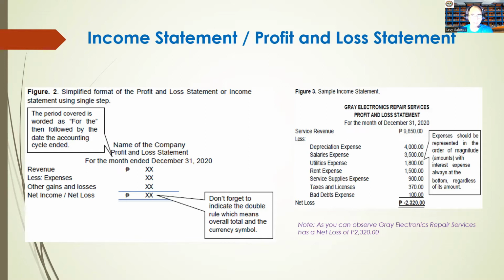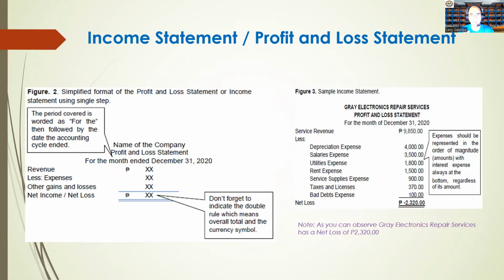At tingnan nyo maigi yung heading niya, ano ang composition heading, name of the company, and then second line, anong financial statement ito. So dapat nakalagay dyan, kung hindi profit and loss statement, o pwede ring income statement or statement of comprehensive income. The third line sa heading is yung for the month